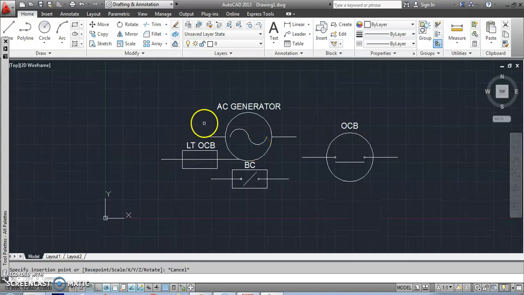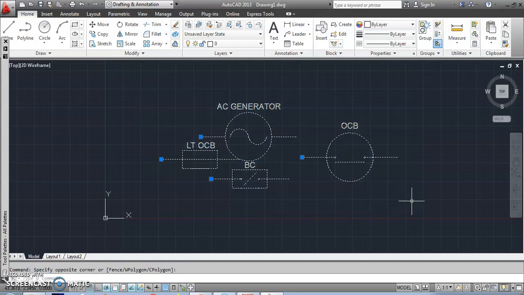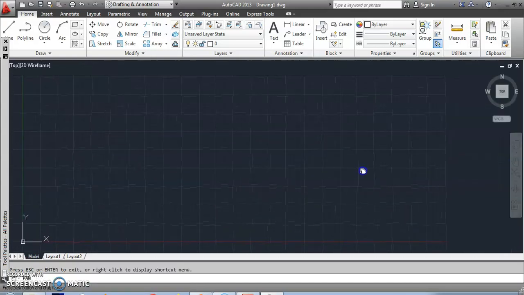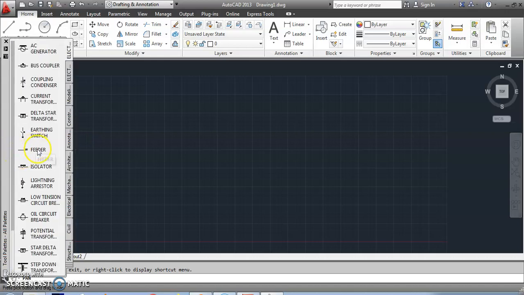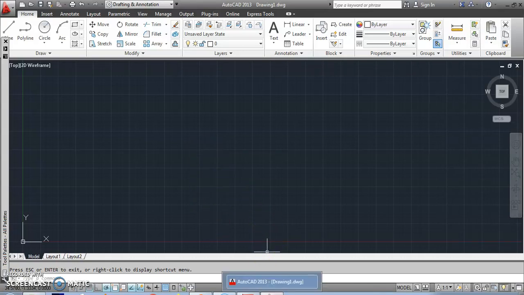Okay, this is how we're going to add the blocks onto the screen of the AutoCAD software. Okay, now I shall delete it. Anyhow, I don't require them because we are starting from fresh, right? Okay, you can take anywhere on the screen. Now we shall start drawing the AutoCAD. Hope everybody understood how to add those AutoCAD blocks into the library of Autodesk. Okay, with the knowledge of that, we shall start the AutoCAD drawing precisely single line diagram.